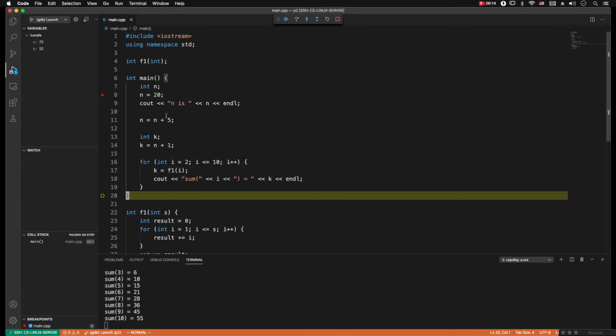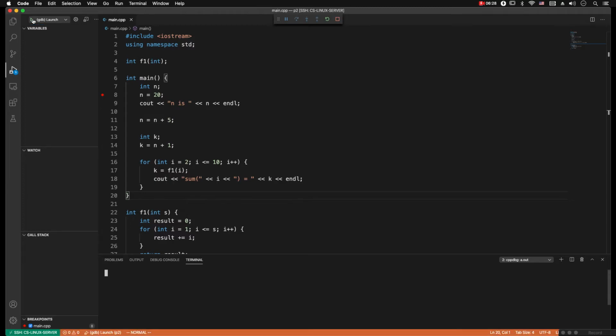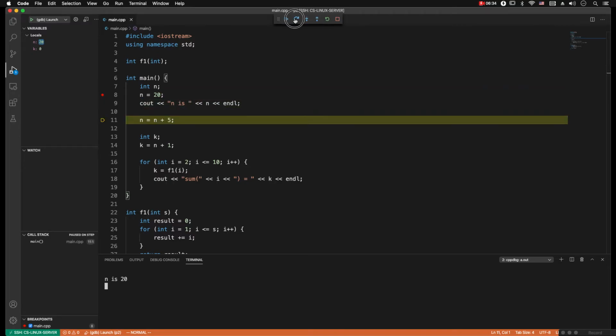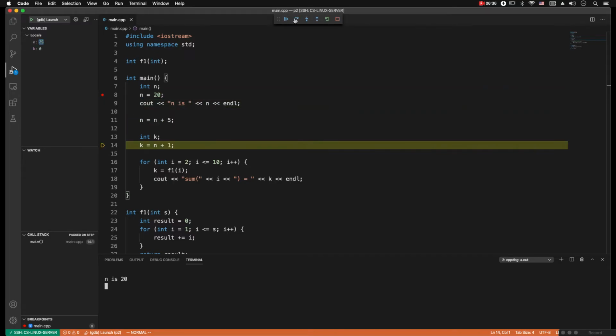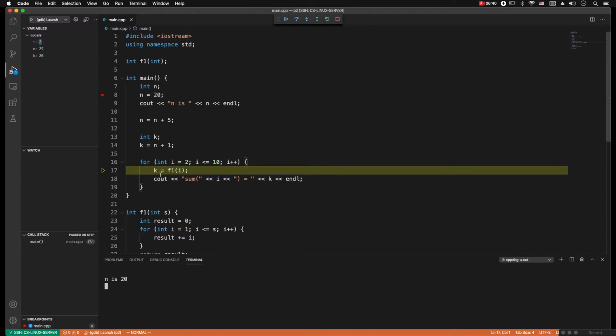If we want to restart the debugger, you can press the stop button here, and the debugger mode exits, so you can start the debugger mode again by clicking the triangle. Now let me show you another one. Step over goes to the next physical line for execution, and then here at line 17 I have a function